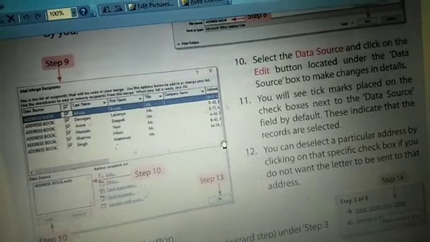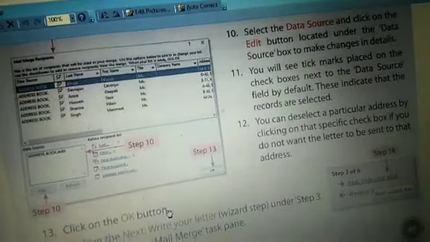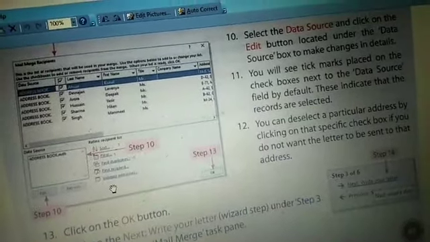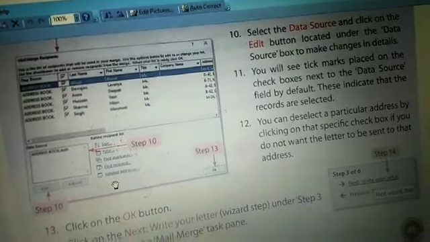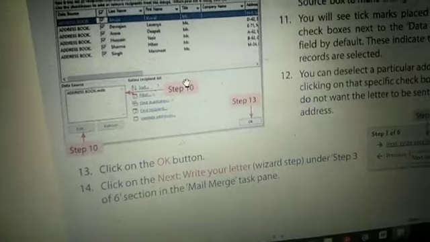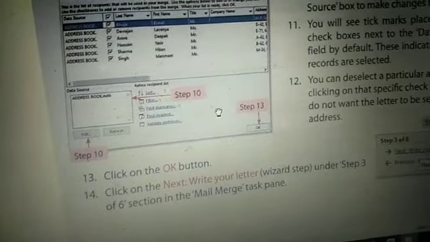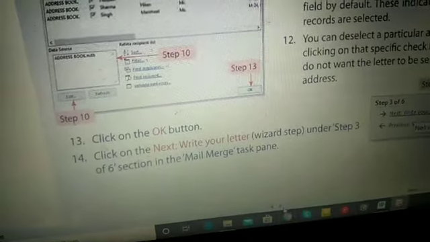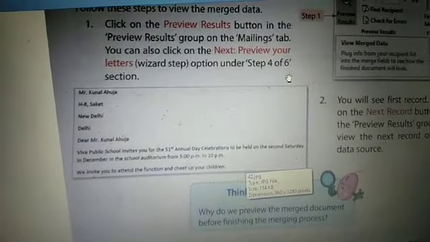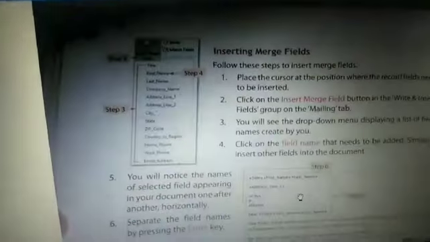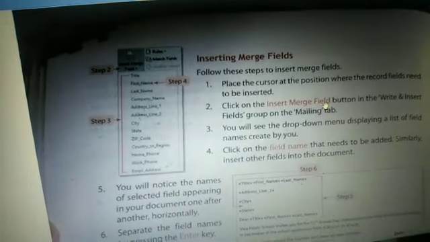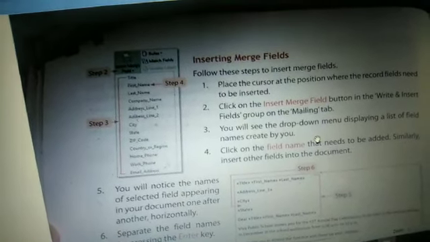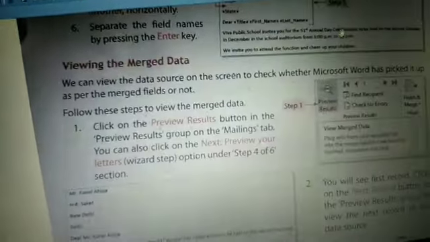After completion of everything, the next step is you have to follow the steps according to the task pane on the side, then finally merge the recipient list along with the main document, then complete your mail merge process. So students, without showing anything practically, I hope you will not understand anything. So now let us see everything.